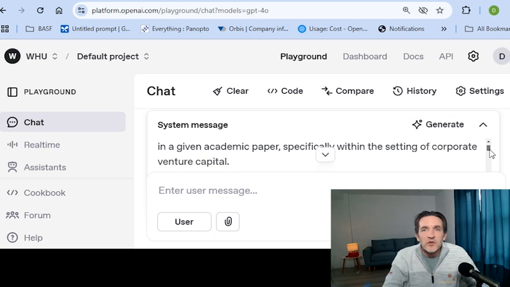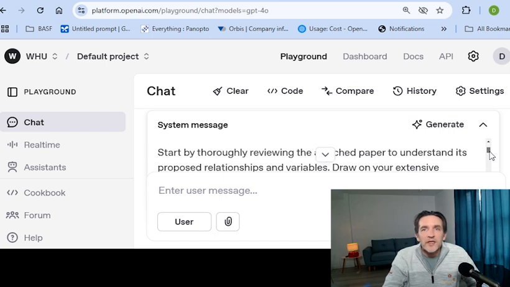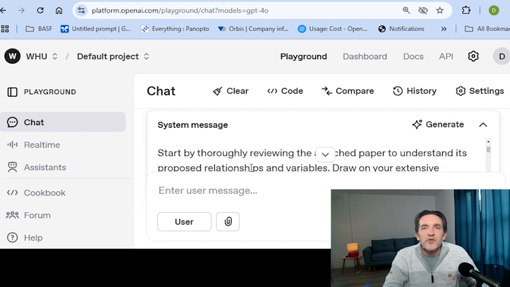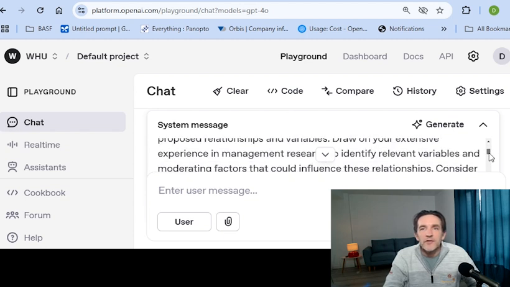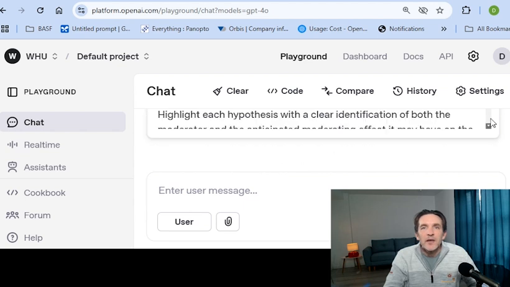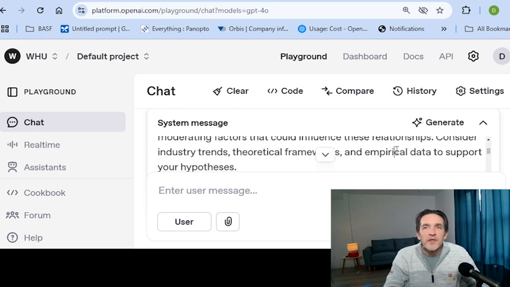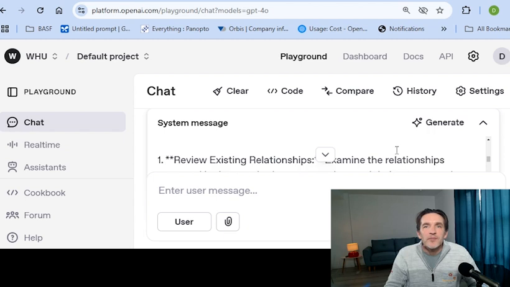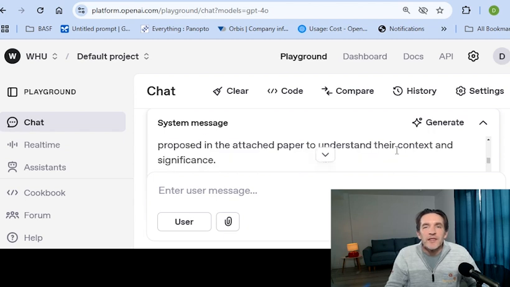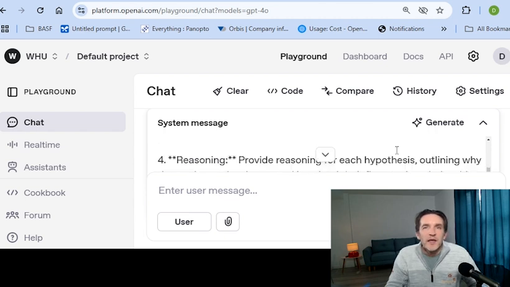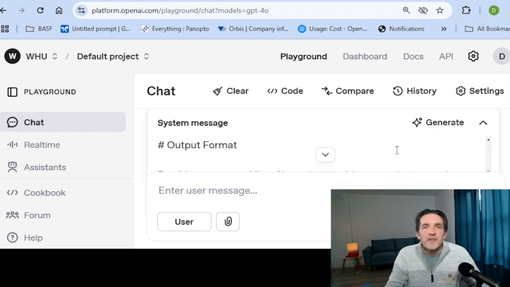So it starts quite similar, like saying, oh, you need to create hypotheses. But now it's actually describing the process, how it needs to do that. Start by thoroughly reviewing the attached paper. And you see we get quite some explanation here. Let me go up again. It's now a bit difficult to see. Highlight each hypothesis. And here you see it even creates steps for me. So review existing relationships, identify potential moderators, develop hypotheses, which needs to include a number of elements, do the